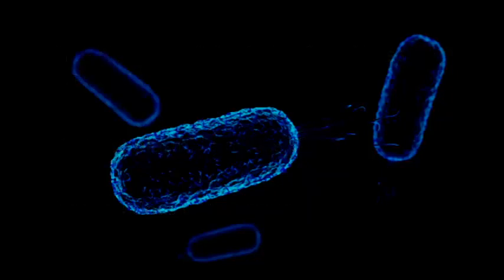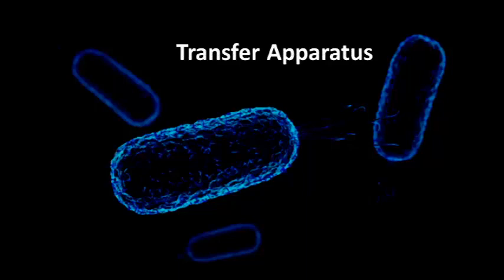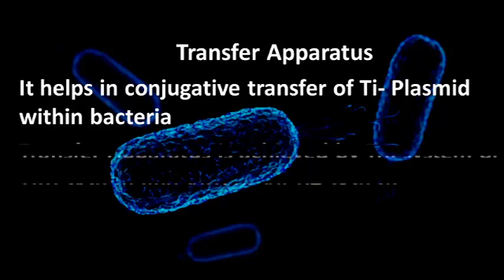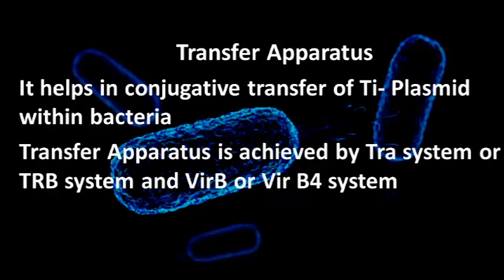Now let's see about transfer apparatus. Transfer apparatus encoded within Ti plasmid helps in conjugative transfer of the Ti plasmid between bacteria and allows the delivery of T-DNA and certain effector proteins into host plant cells. Transfer apparatus is achieved by the Tra or Trb system and the Vir-B and Vir-D4 system, which are members of type